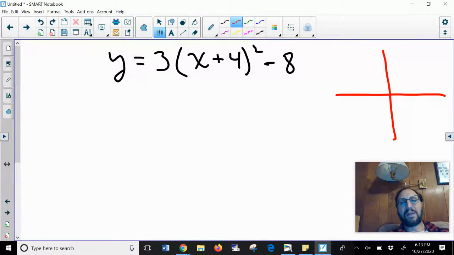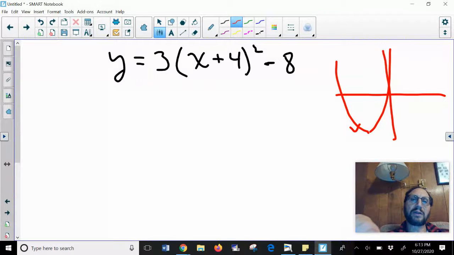y equals 3 times (x plus 4) quantity squared minus 8 tells me that I've got a vertical parabola. It has a vertex at (-4, -8), and I know that it goes up. I don't care what it looks like. I just need to know that it goes up because I know that the focus is over here and the